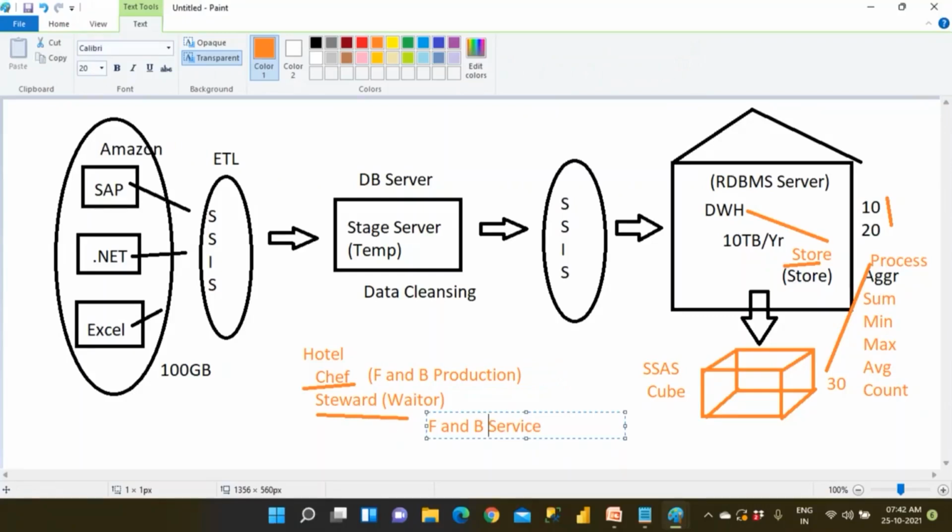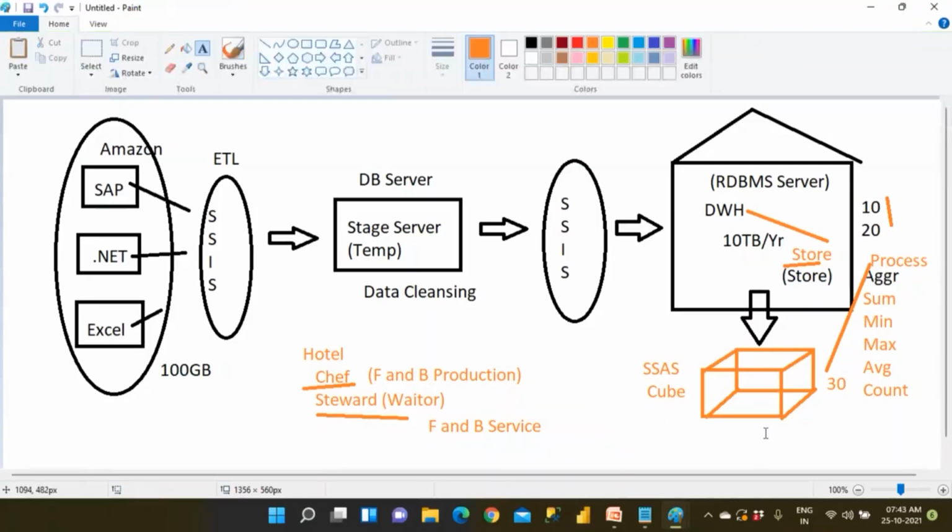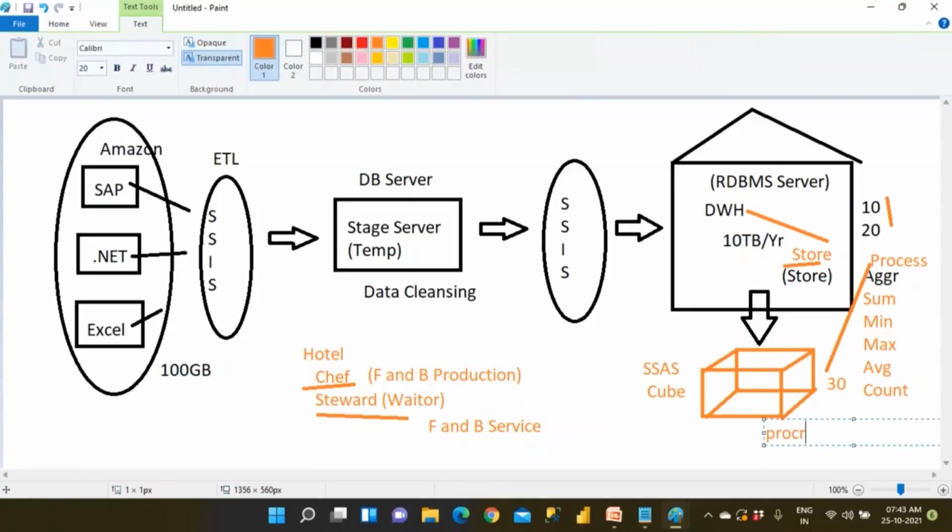So like that, we have four guys. One is called ETL, one is called reporting, one is called data warehousing, one is called SSAS cubes. A lot of things are available. So tomorrow we'll talk about the difference between SSAS tabular model cube and multi-dimensional cube, and later we create a cube, and creating a cube is a 2 minutes work. But why it is important, what it is going to be doing, you have to know. So if somebody asks you what that cube is going to be doing, it is processing the data.